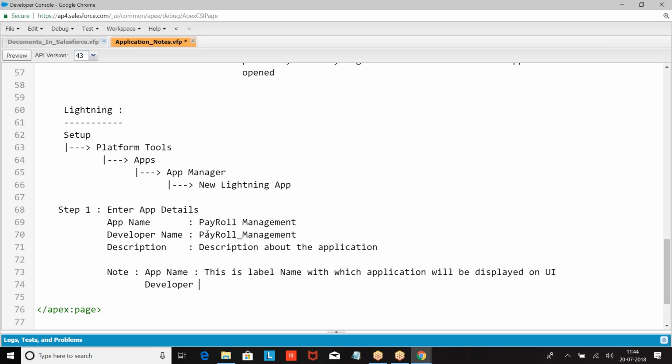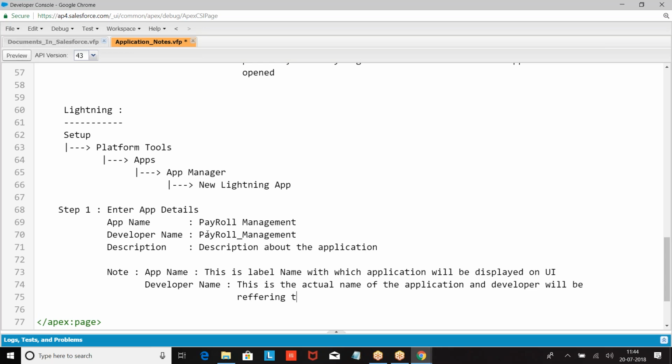Developer name is the actual name, and developers will be referring to this application.